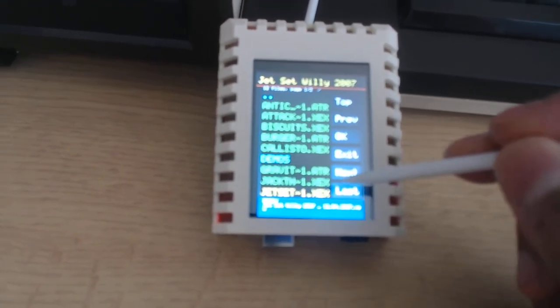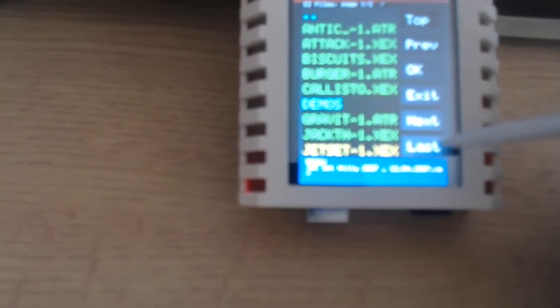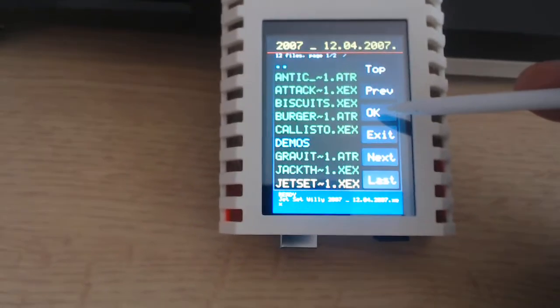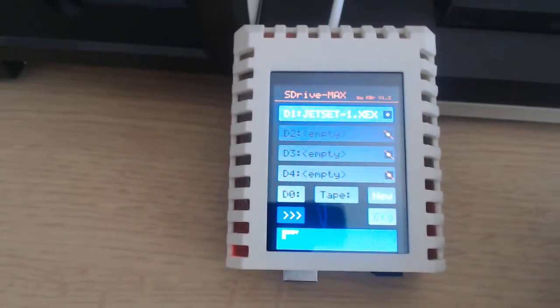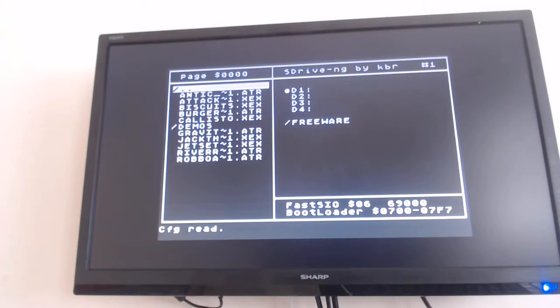So if I click on that one, there's a bit of information in the bottom there which says this is the file name, and I can now click on OK. And if I do that, it will mount that file on that drive 1. So now if I press reset on the Atari and start it again, what we'll see it do is, you